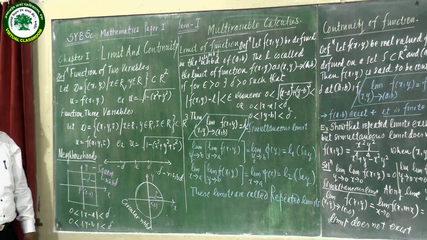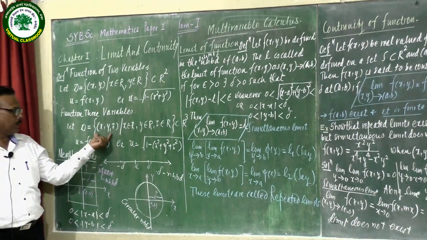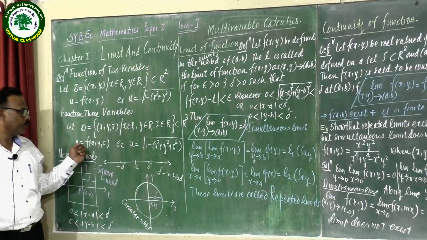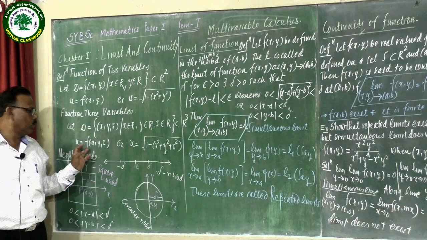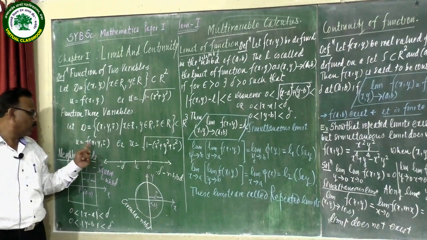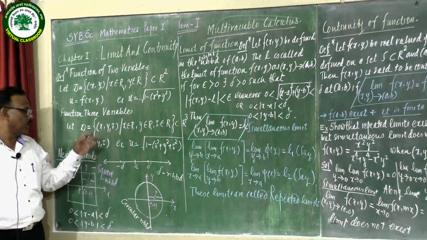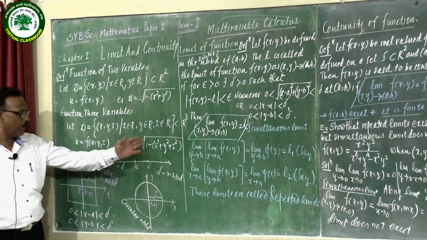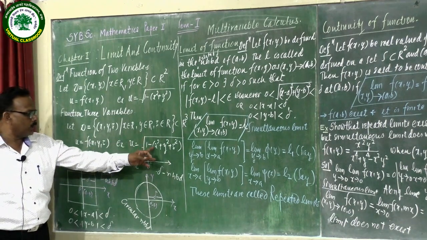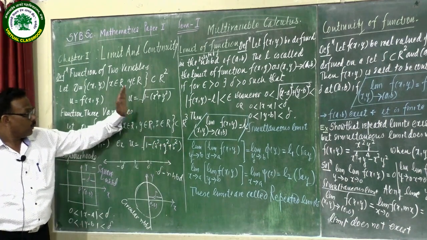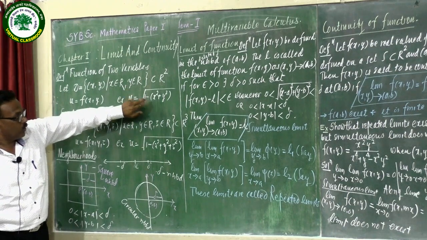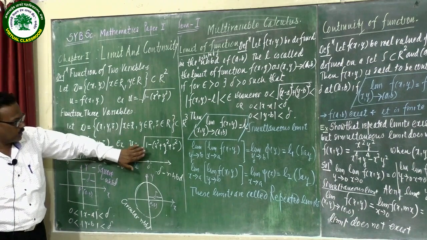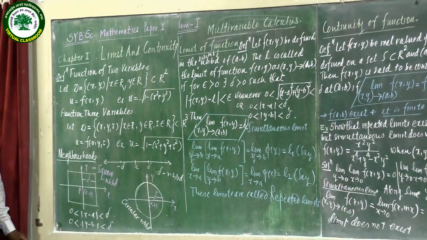Function of three variables. It is ordered a triplet. On this f is operated, resulting element is again u. This is f of x, y, z is equal to u. That means this u is associated with this ordered triplet. That means in space, or it is in R3, three-dimensional geometry. Example is that u is equal to root of 1 minus x square plus y square plus z square. While you are taking it is equal to 0, it will be circle with radius 1. When you are taking which is equal to 0, it is also function of three variable.